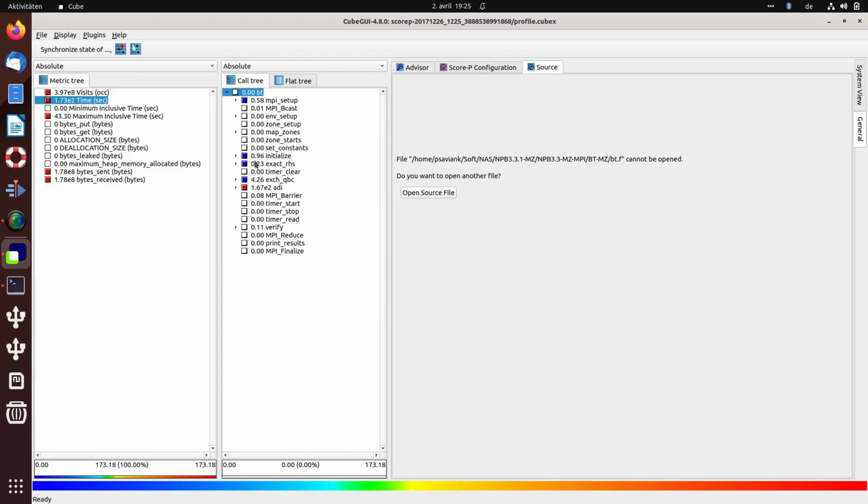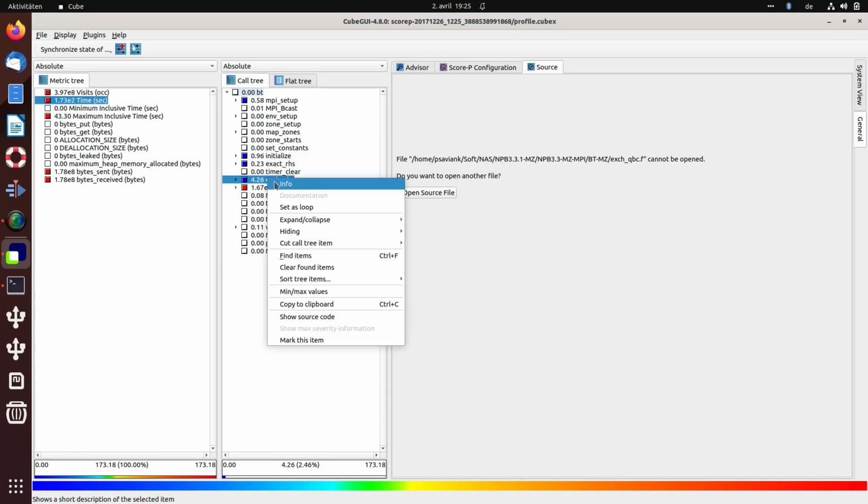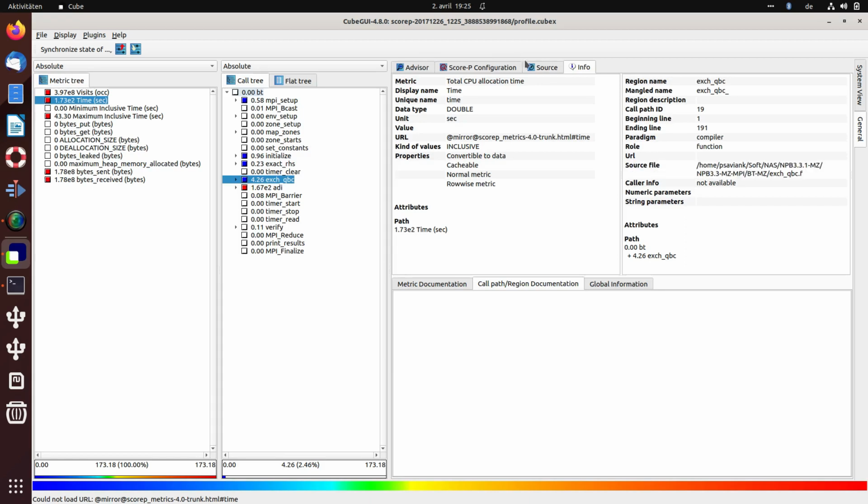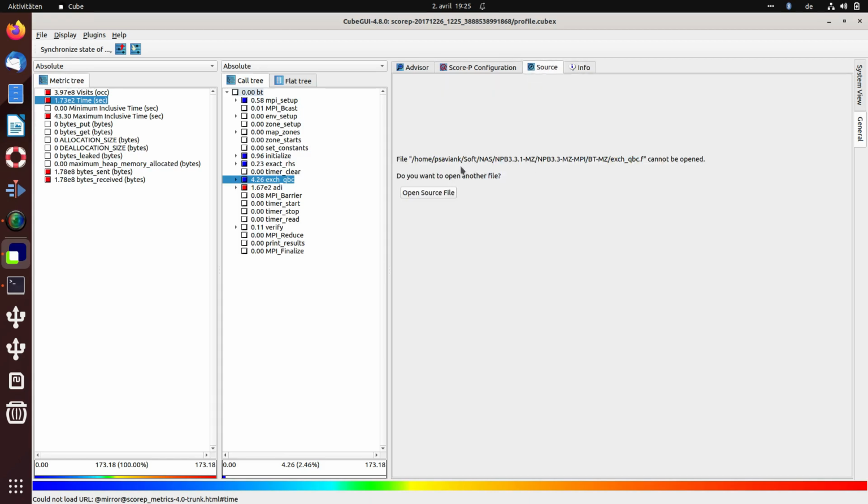This is a measurement of the so-called NAS benchmark, and we see that the source code, even if you click around here, cannot show a specific file, because the path which is stored in the region definition cannot be found in the system where I have opened CubeGUI. That is the typical case if one has made a measurement on one system, copied a cube file to another system, for example on a laptop,